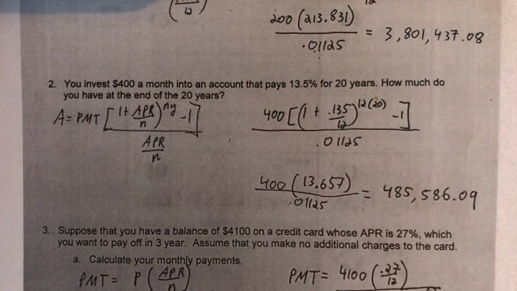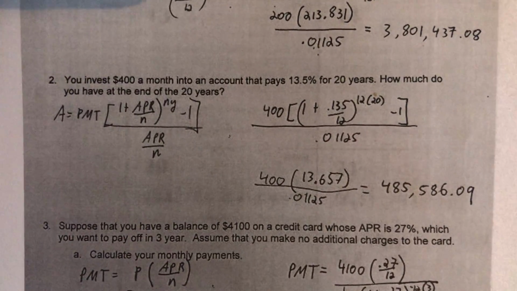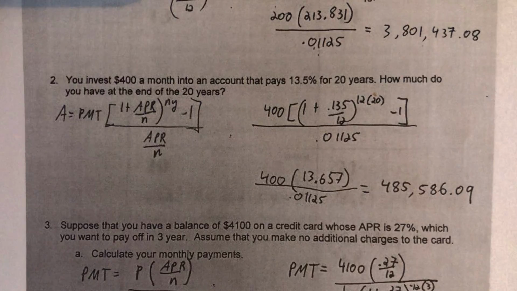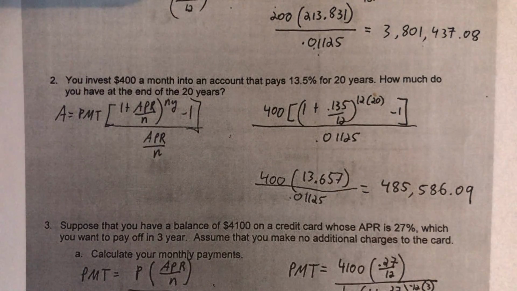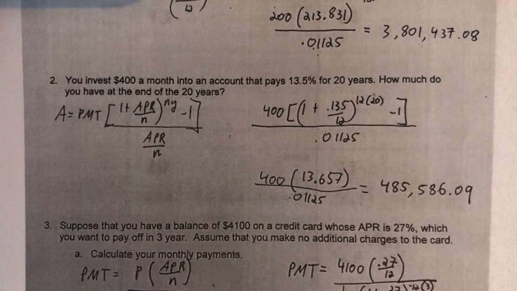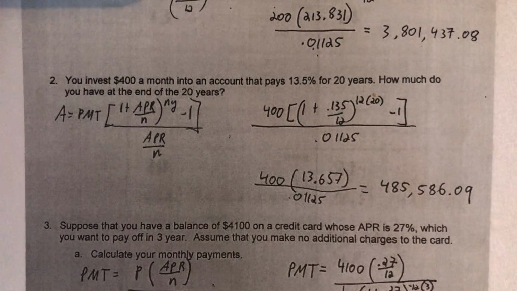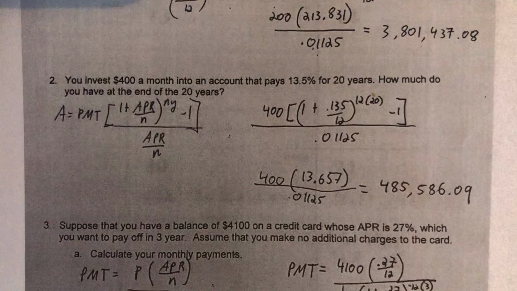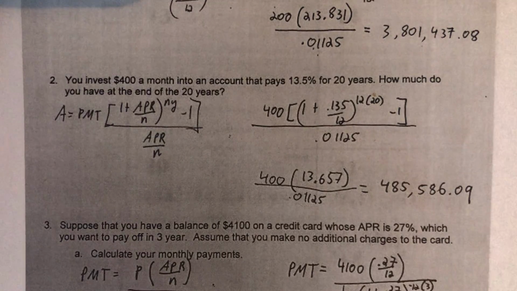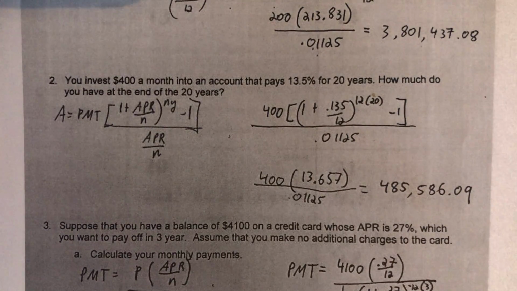Notice between number one and number two, you put the same amount of money in. For number one, you did $200 a month for 40 years. For number two, you did $400 a month for 20 years, so half the time. So even though you put the same amount in of your money, you ended up with almost $3.3 million difference